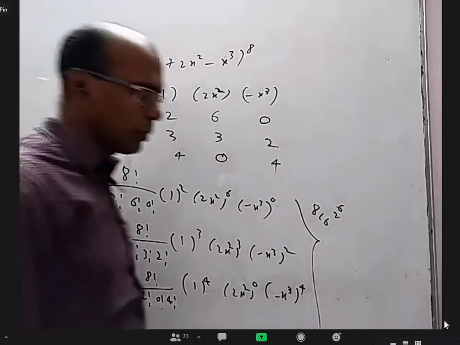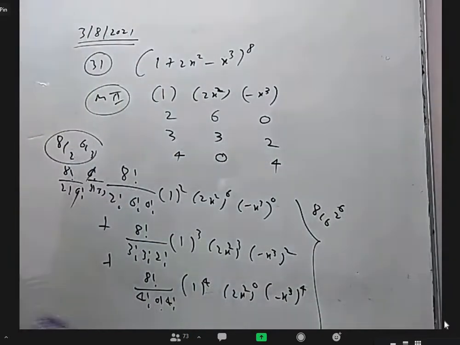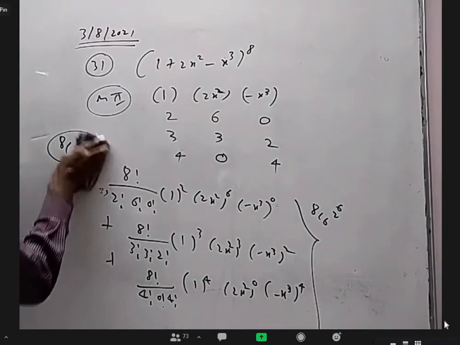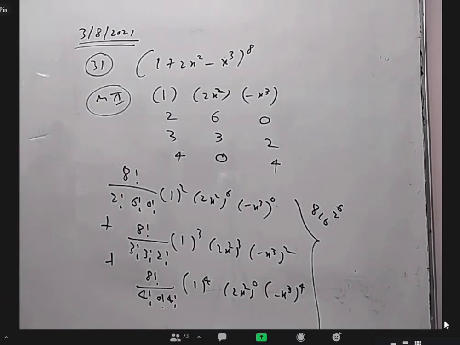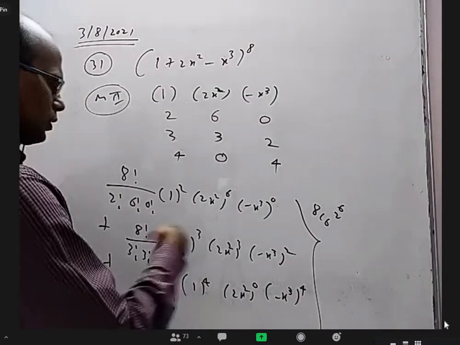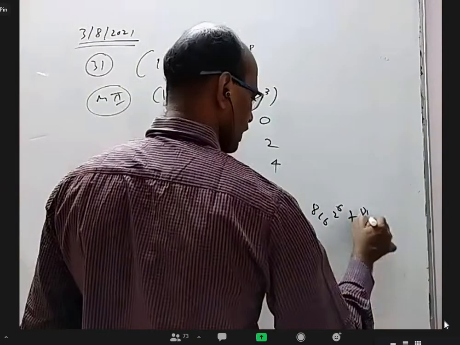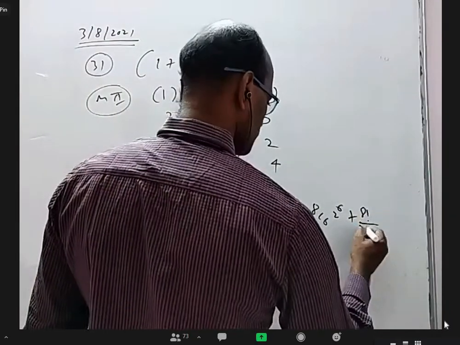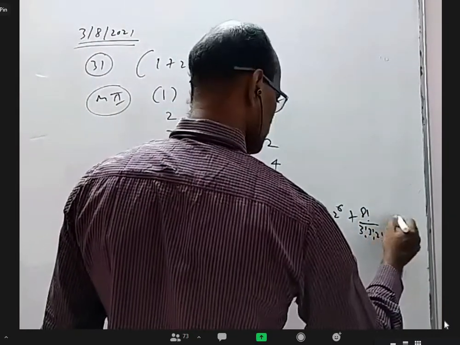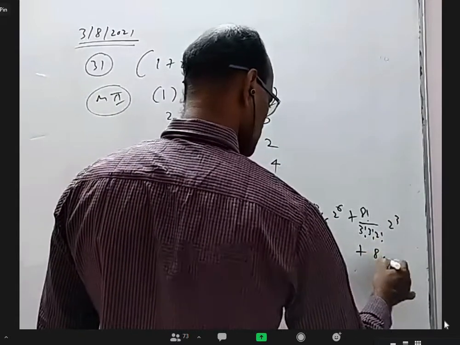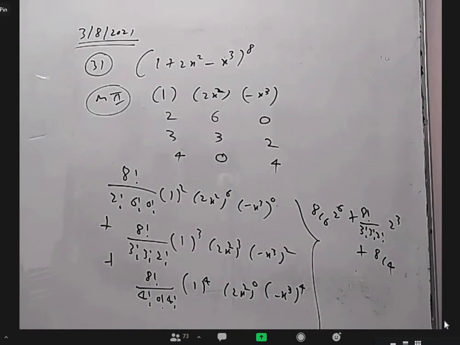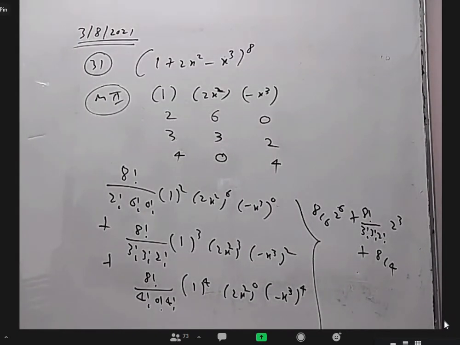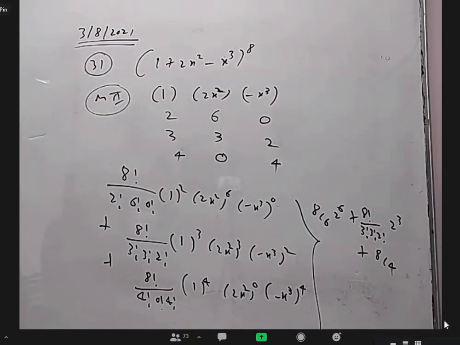So the method looks different, but the simplification that you have to do will be same. That means the intermediate steps are also same. Same 8c6 into 2 power 6, and then 8 factorial by 3 factorial, 3 factorial, 2 factorial into 2 cubes. And this is 8c4. Simplification and everything is same later on. Okay, so this is trinomial theorem. Yesterday I stated only the trinomial theorem, but I hope you are clear.